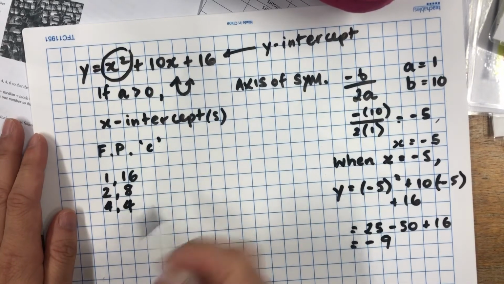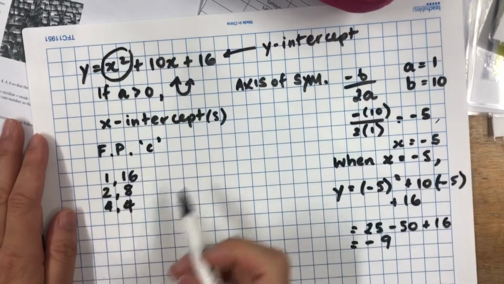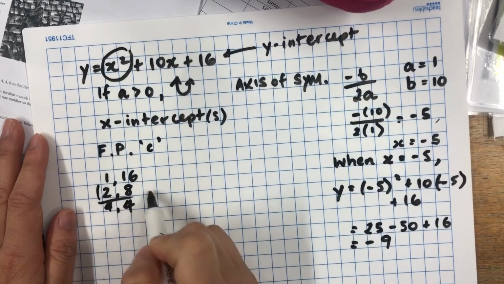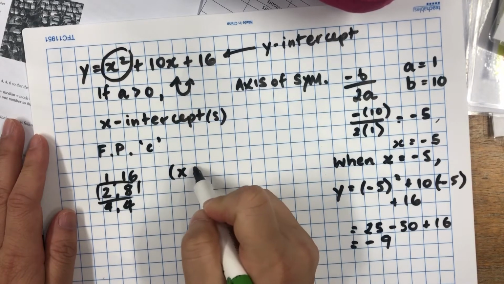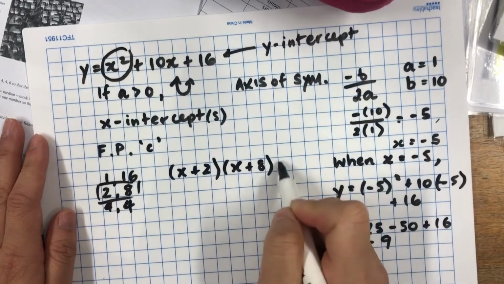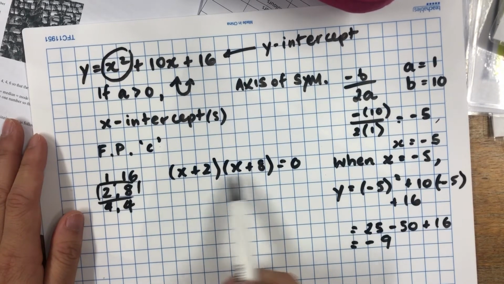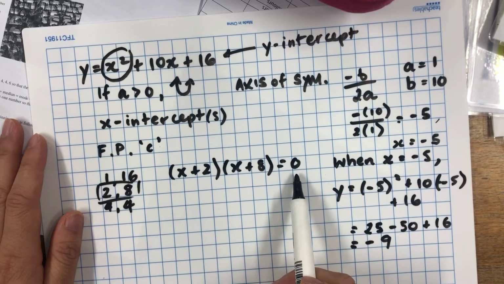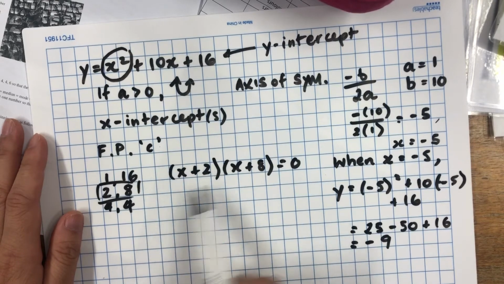I now need to figure out when I add them together, which one equals 10. So that would be this pair here, 2 and 8. So I put it into this equation, okay, and make it equal 0. And then I remember that the only way my answer can be 0 is if one or both of these things in the brackets